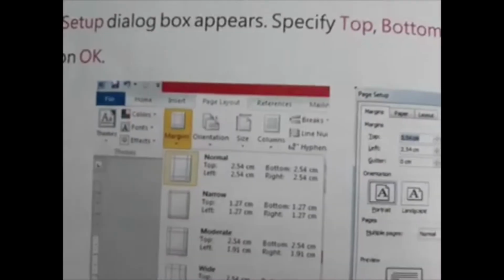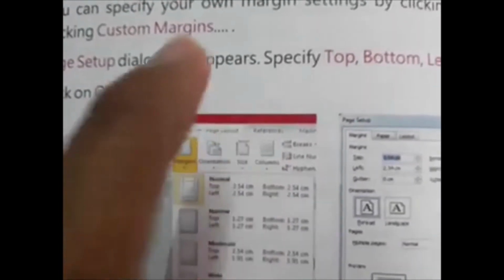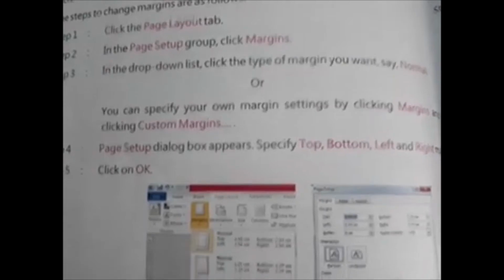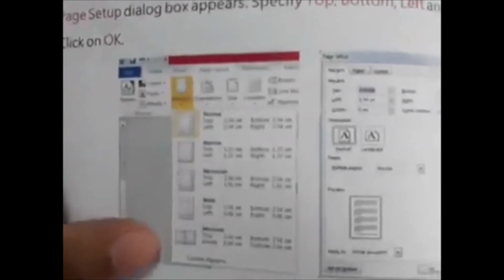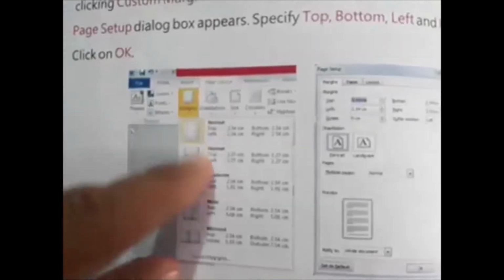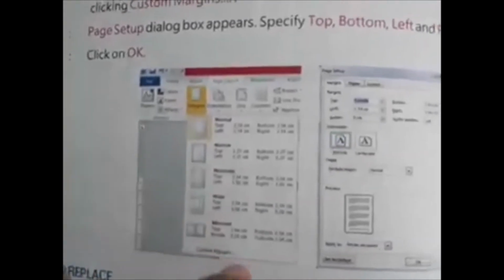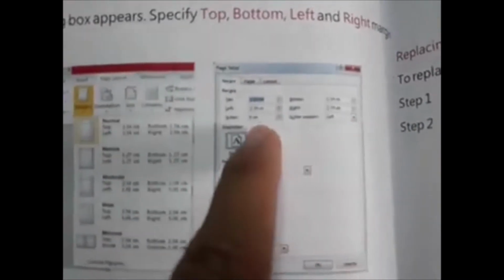Here, wait a while, this is the page layout, the fourth tab, page layout. Click here, and then choose the page setup group. Click margin. This is page setup and this is margin. Click here. You can choose different types of margin available here, and you can also customize your margin by clicking this here. Here you can choose a different